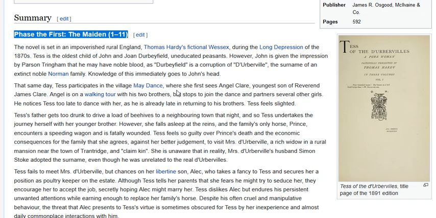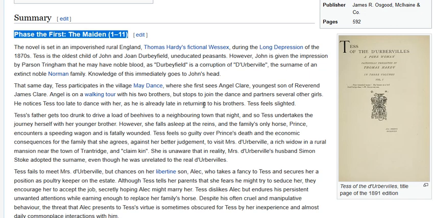She first sees Angel Clare. For the first time, Angel Clare and Tess meet one another. Angel is the youngest son of Reverend James Clare. They are practicing Christians. Angel is on a walking tour with his two brothers,